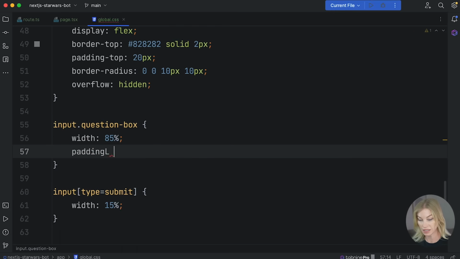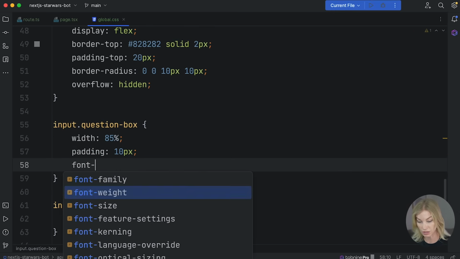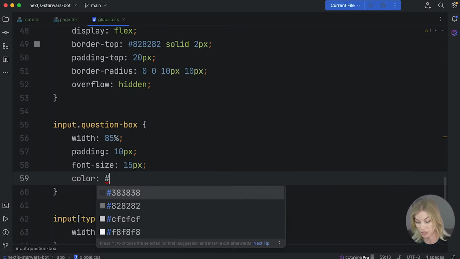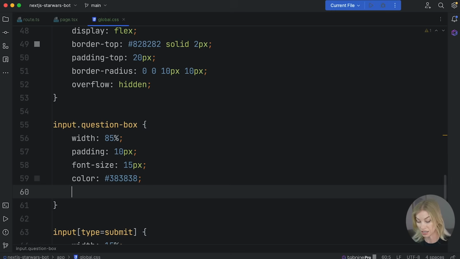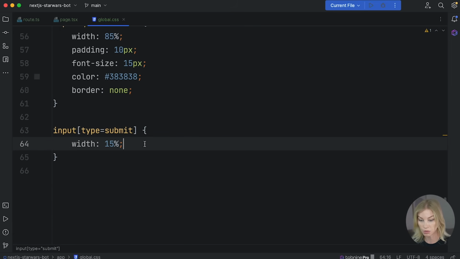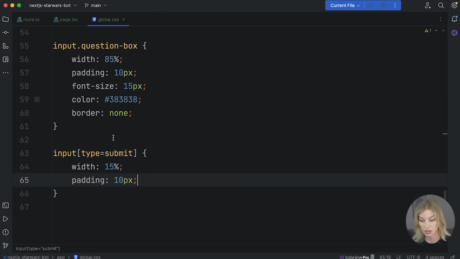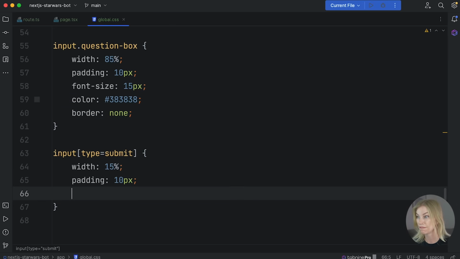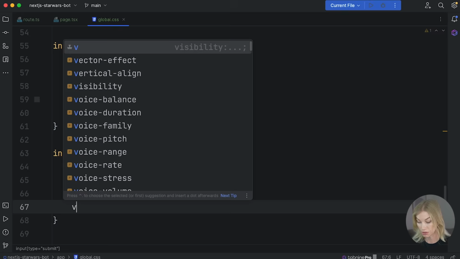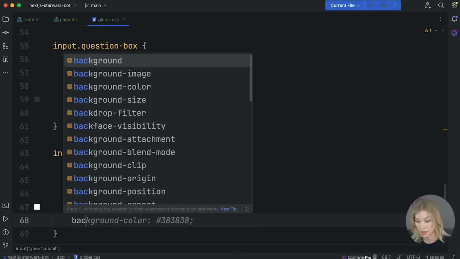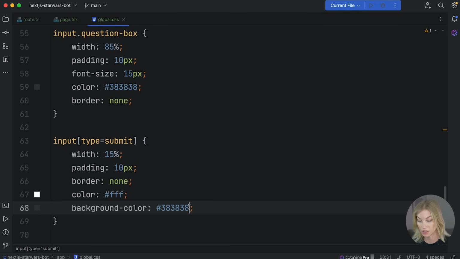Now I'm going to give this a padding of 10 pixels. Let's also change the font size of this to be 15 pixels and the color of the text to be 383838. And then border, I'm just going to get rid of it. Okay, and for this one, we'll have a few things the same actually. So maybe let's stick the padding in here. Let's also have border none. The color of text, however, is going to be white. So I'm just going to go like this. And the background color is going to be another color,